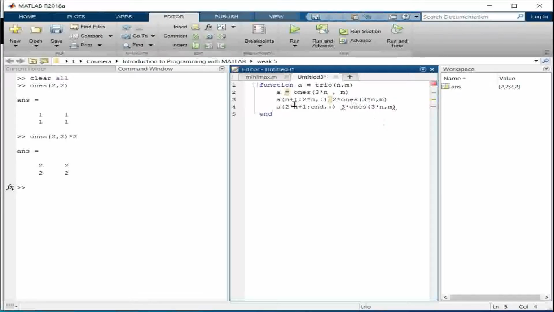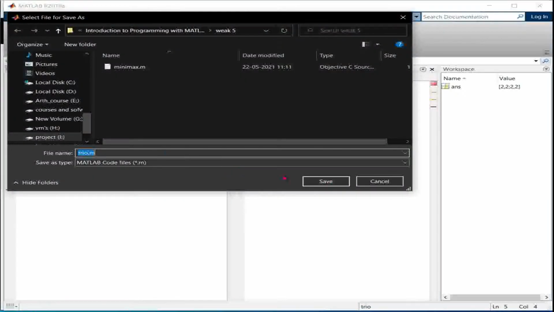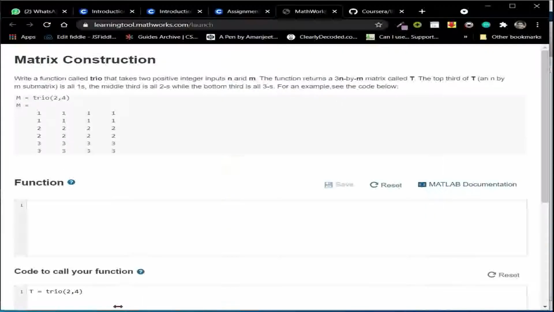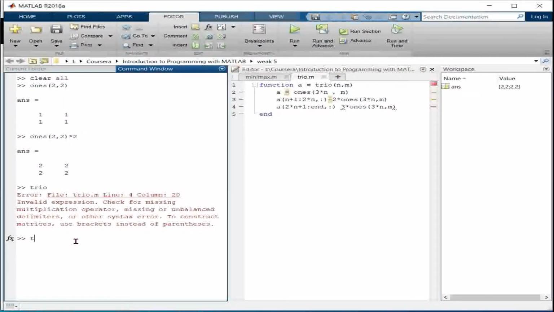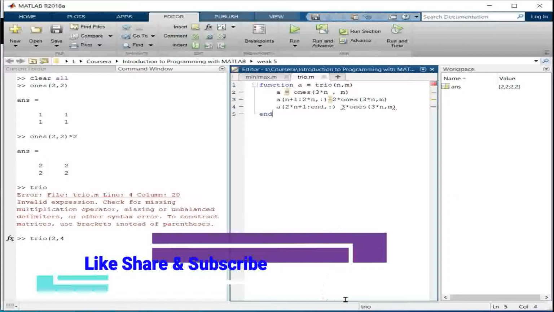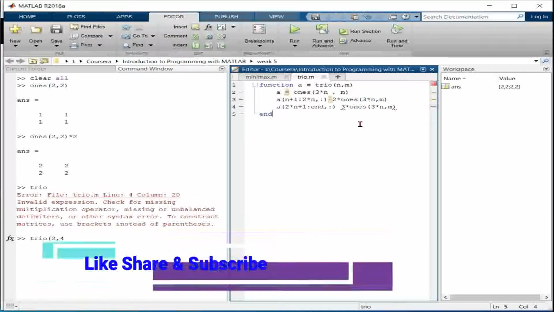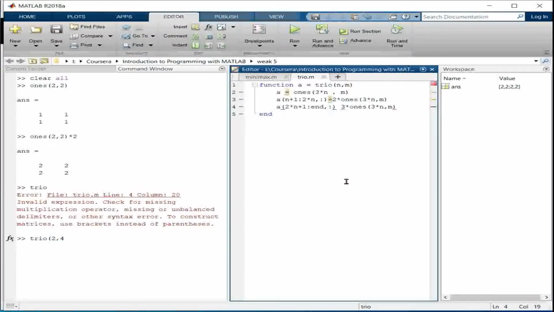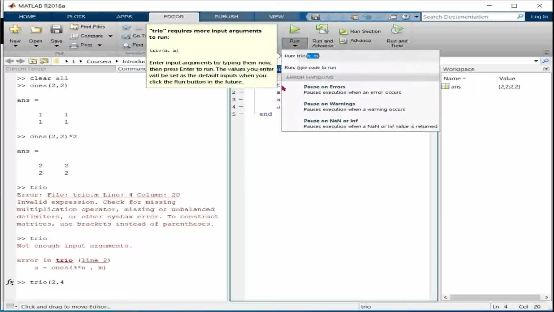Let me run it first. The file name must be the same as the function name. I'm taking the input 2, 4, so let me run trio of 2, 4. I think it is giving some error at line 4, column 20. Okay, I missed the equals sign here. Let me run it again. Okay, now it's fine.